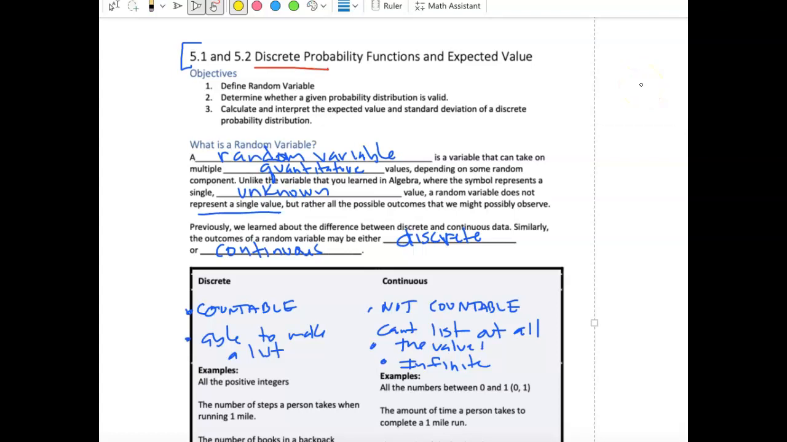For Module 5, we continue the conversation of probability. We look at it through the lens of what we call discrete probability functions and expected values. We start with something called a random variable. Now, it's a variable that we've considered in the past with statistics, a quantitative variable specifically, but this time this